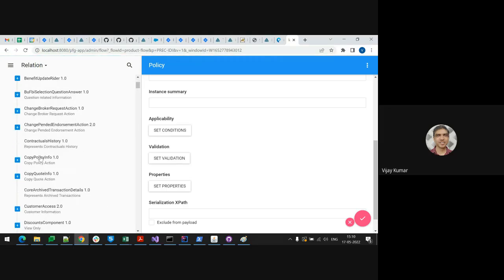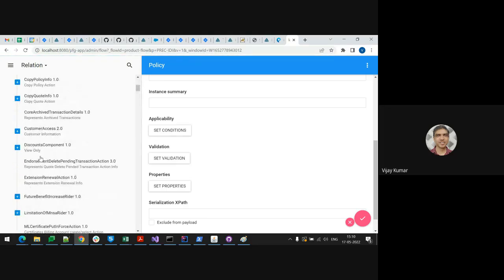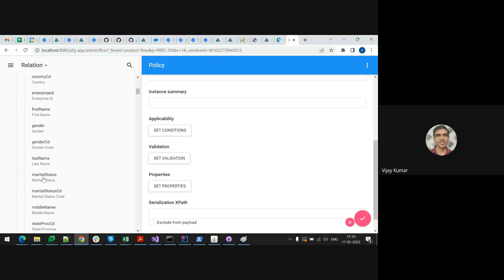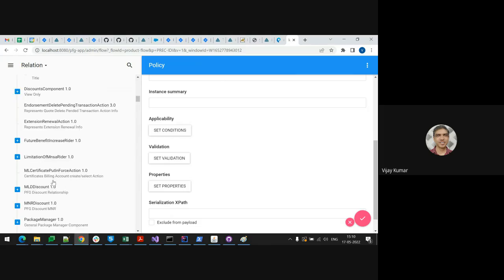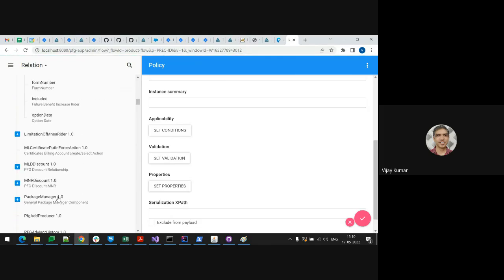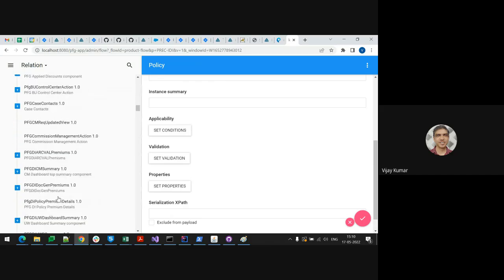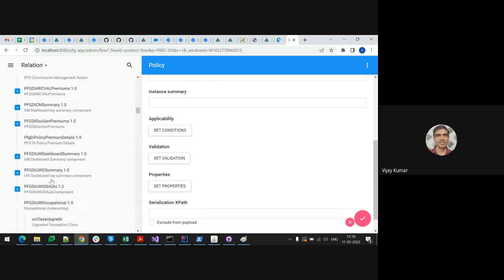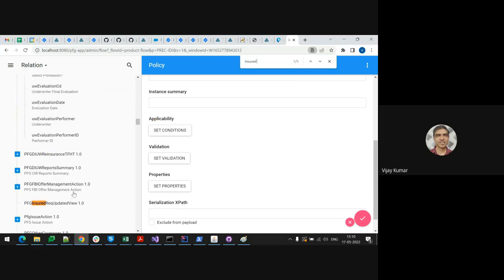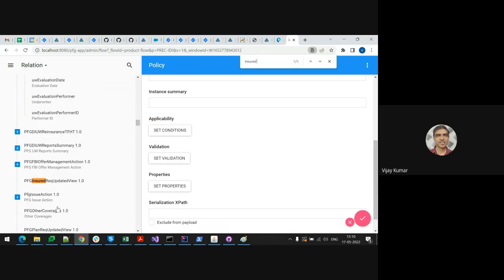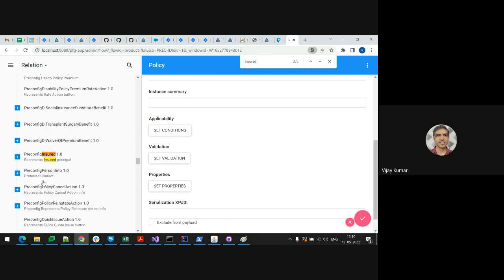Where it would be, let me customer access, let's see this one. Discount component view only, feature benefit increase rider. Okay. Let's see insured, if G insured, reconfig insured, let's see. Okay,